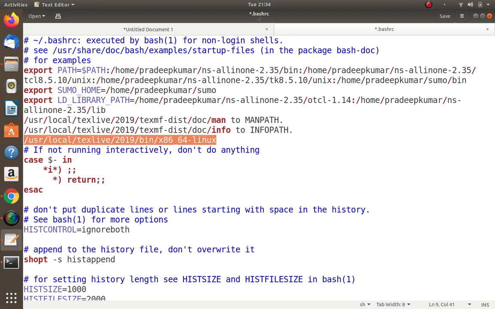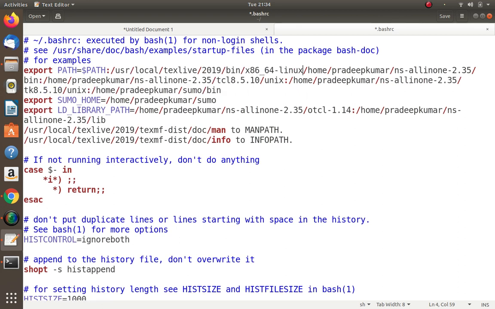Okay, so now this is a path environment. So what I do is, already I have a path variable here, so I'll just copy paste this and put a colon there. So you can see there's a colon to be placed for separating each file. So each path we have to separate with the help of a colon, and here this will be for export